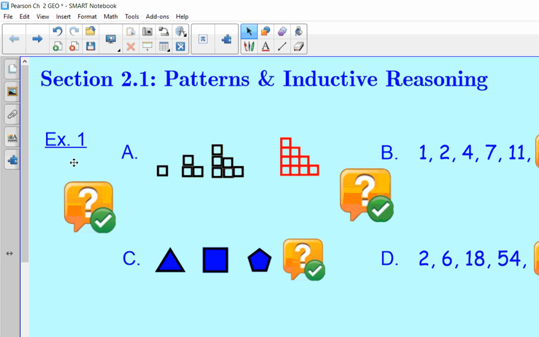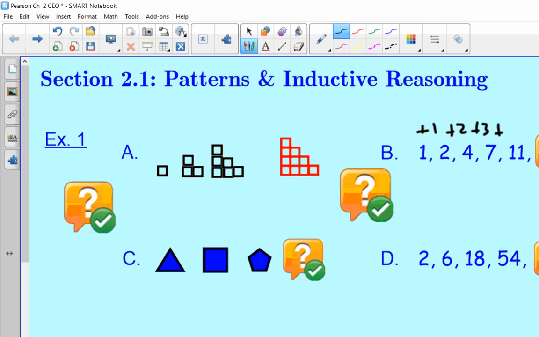Okay, in part B here, we're giving you a series of numbers, and we're progressing from one number to the next. Well, how are you doing that? Okay, so if I look at this, to go from 1 to 2, that's pretty obvious. I'm going to add 1. Okay, and to go from 2 to 4, I added 2. And 4 to 7, I added 3, and 7 to 11, adding 4. So what do you think I have to do to get to the next number? Well, I'm adding consecutive